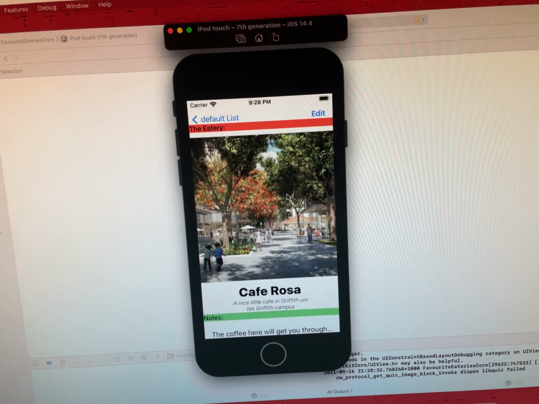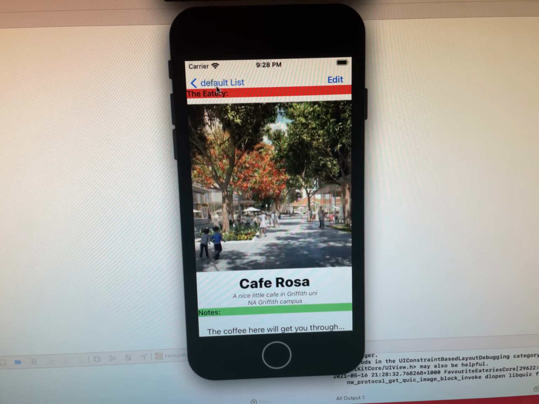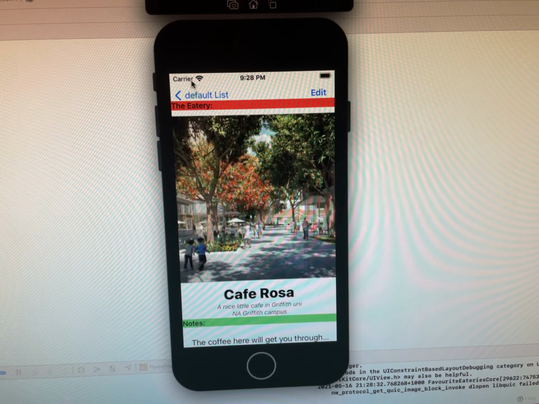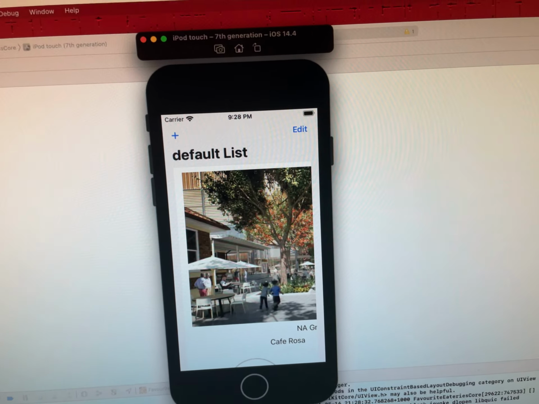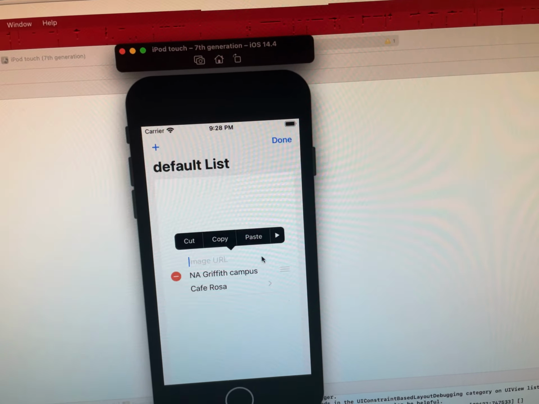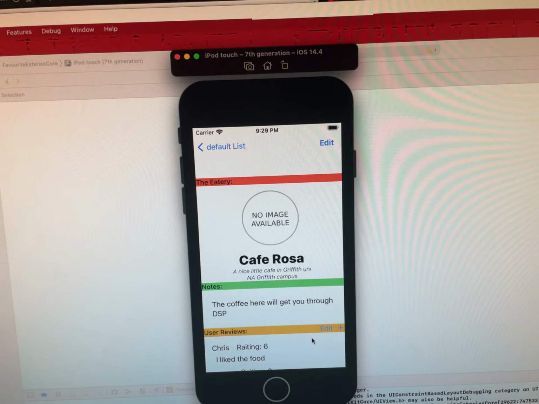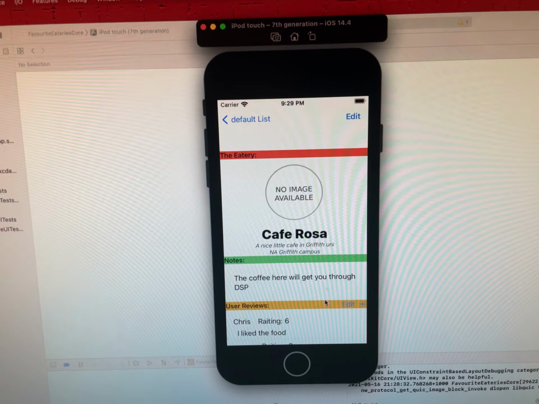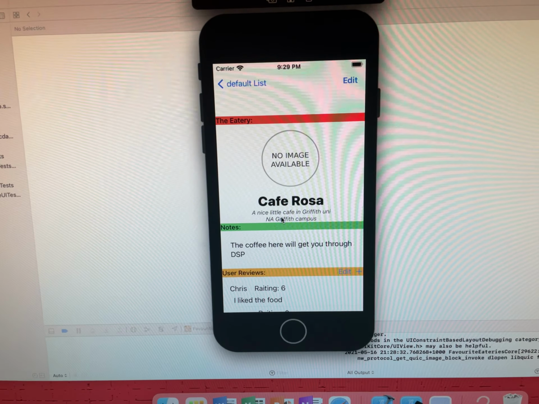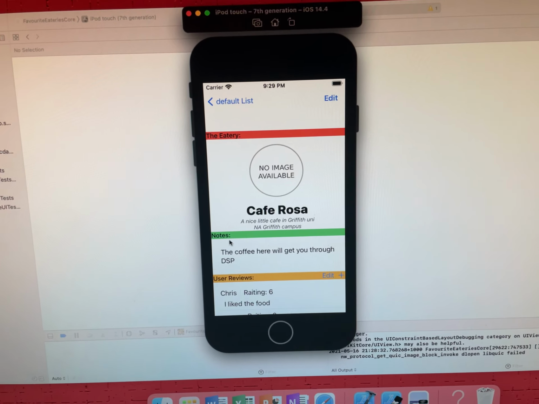That's okay. It's pushed out the UI a bit. That's fine. It's broken the UI. Just get rid of that. Okay. So it shows the image, shows the name of the cafe, a description, the location of it, and